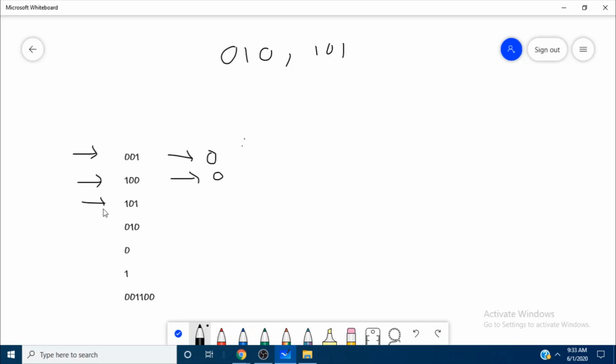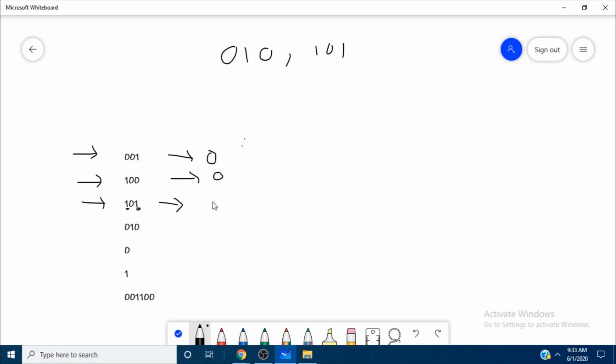So let's see this 101. It is the same as 101, so we need to convert this string to good. How? We need to flip some bits. We can convert this bit to 0, right? Or we can convert this bit.